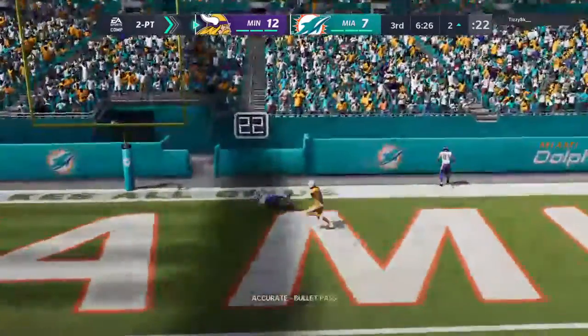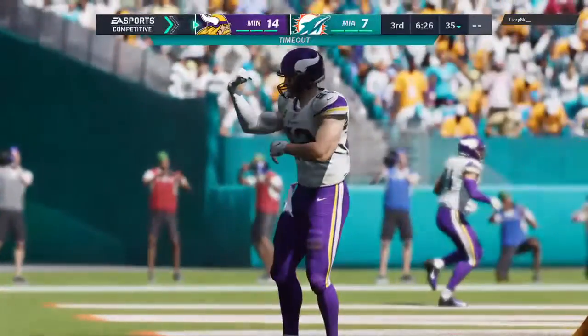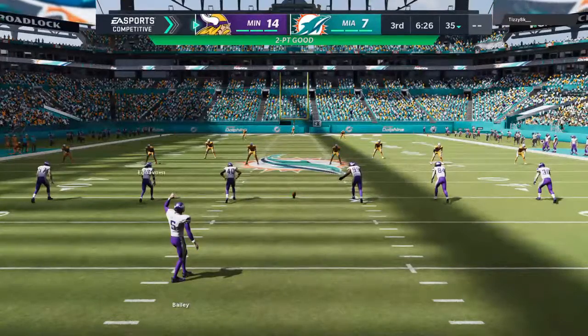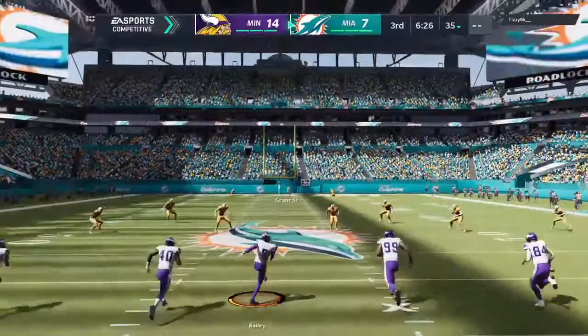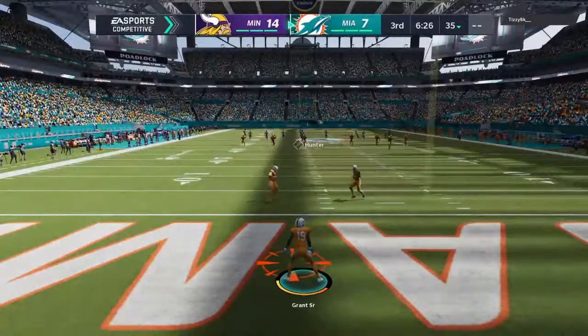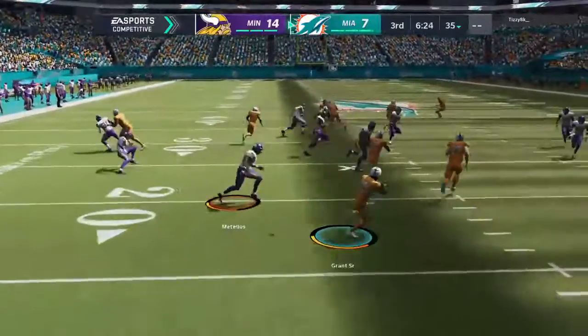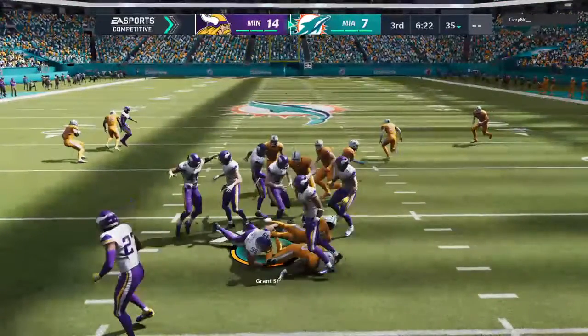Working out of the gun, Cousins. And he's brought down. He hits the big target for the 2-point try. Defenses hate those guys, especially around the goal line. It's hard to decide who you're going to put on him. Are you going to put a smaller corner on him? Are you going to put a safety who doesn't have maybe the same coverage skills? How about a linebacker? He may have the size, but he's not used to really covering in space. That's why the tight end